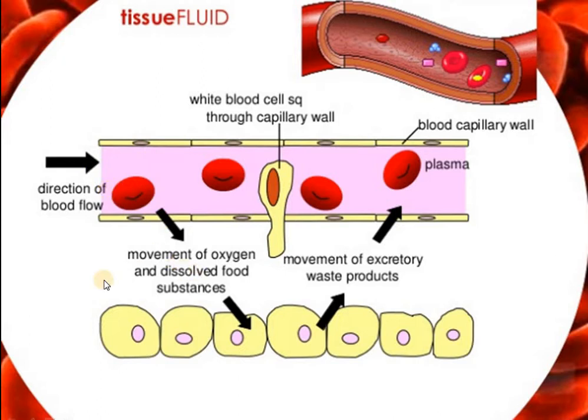What this fluid is also containing is the oxygen and dissolved food substances, which will be coming into the capillary, sorry, and going into the tissue fluid, and from the tissue fluid it will be taken up by the cells of the tissues, both by diffusion and osmosis if there is water involved. And if you can see here, white blood cells are also squeezing through the capillary wall. They have the ability to squeeze out from the capillary wall and reach the area of infection or the infection site.